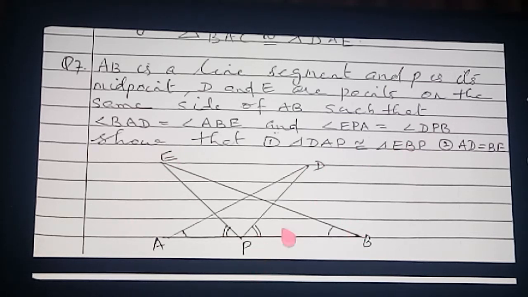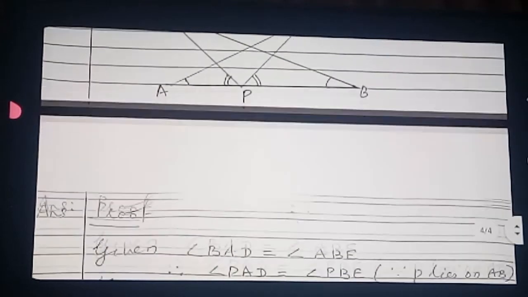EBP. Here also you can see, you want to prove this angle, you take the full angle. This angle is common. So this angle you add with this angle, and this angle you add with this angle. So for this triangle you will get the full angle, and for this triangle also you will get the full angle. Got clear? Then the second part is CPCT only. Okay. So first your aim is to prove that this triangle DAP and triangle EBP are equal. So I drew a separate diagram on the next page. There only you will understand.